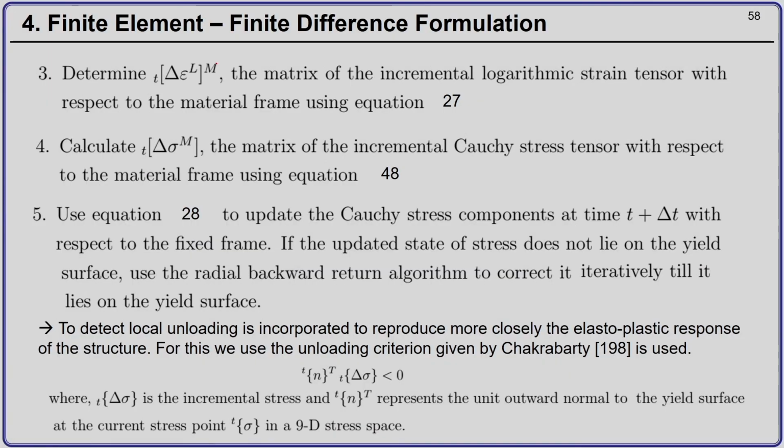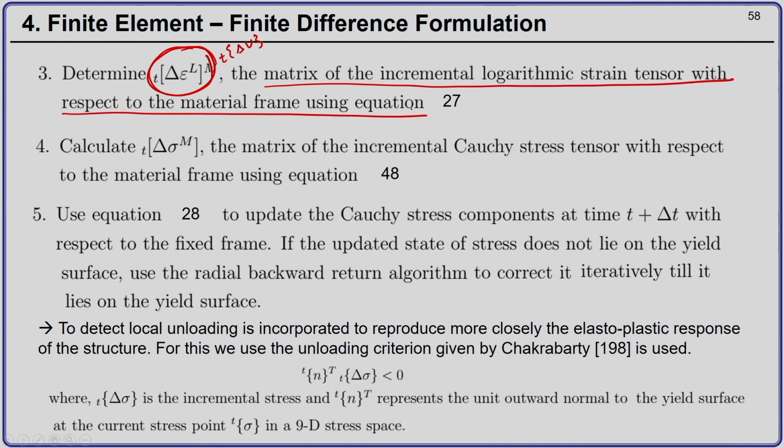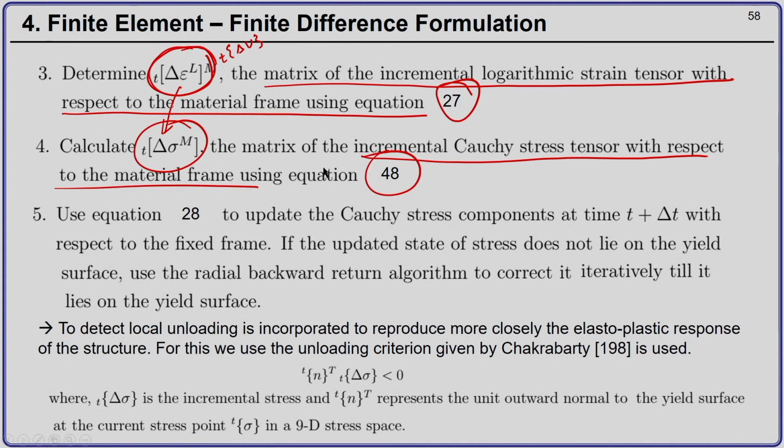Then from the incremental displacement T delta U, we find the incremental strain delta epsilon L, which is the matrix of the incremental logarithmic strain tensor with respect to the material frame, using equation number 27. From this incremental logarithmic strain tensor, we find the matrix of the incremental Cauchy stress tensor with respect to the material frame using equation number 48. Okay. So, using equation number 28, we update the Cauchy stress tensor at time t plus delta t with respect